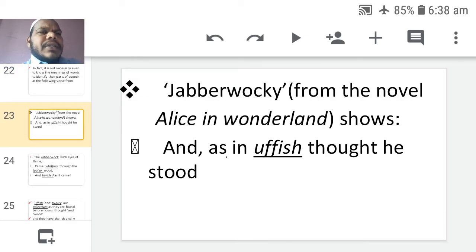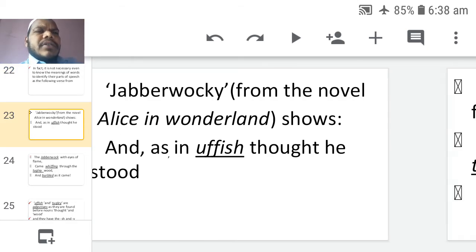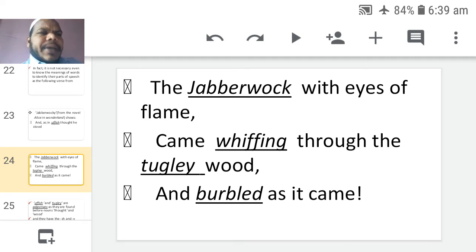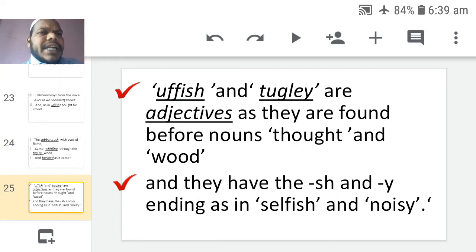"As in uffish thought, he stood. The Jabberwock with eyes of flame came whiffling through the tuggly wood and burbled as it came." Uffish and tuggly are adjectives as they are found before nouns. Uffish thought, tuggly wood. So we can conclude it's an adjective before a noun, describing words, and even the endings -sh and -y also help